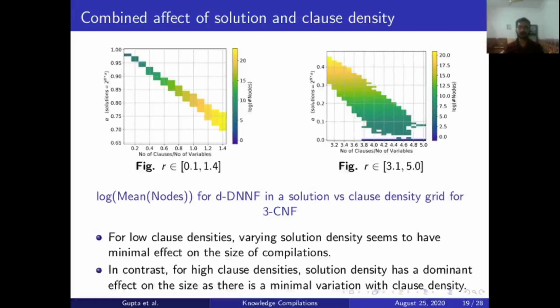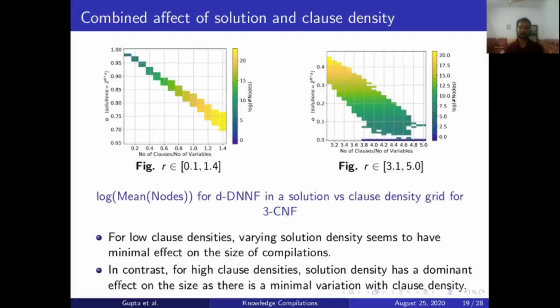So to investigate further, we plot solution density against clause density in a heat map to show how the size and the runtime vary. Now here you can observe that in the first figure, when clause density is restricted from 0.1 to 1.4, if I fix a clause density, then there is no variation in color with respect to solution density, and this allows us to say that the varying solution density seems to have minimal effect on size of compilations